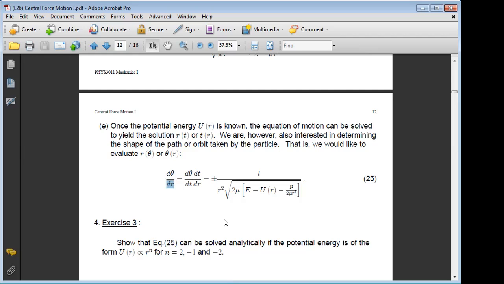This is for n equal to minus 2. So for n equal to minus 1,